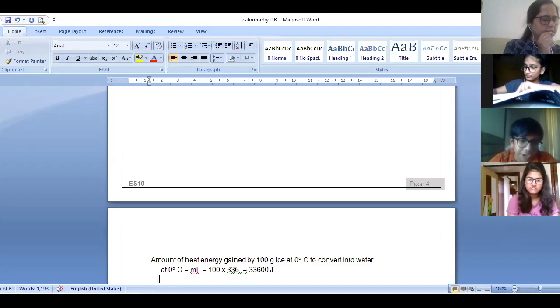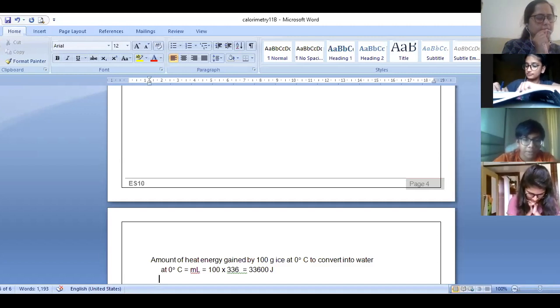Amount of heat energy gained by water at 0 degrees when the temperature of 100 gram of water changes from 0 degrees to